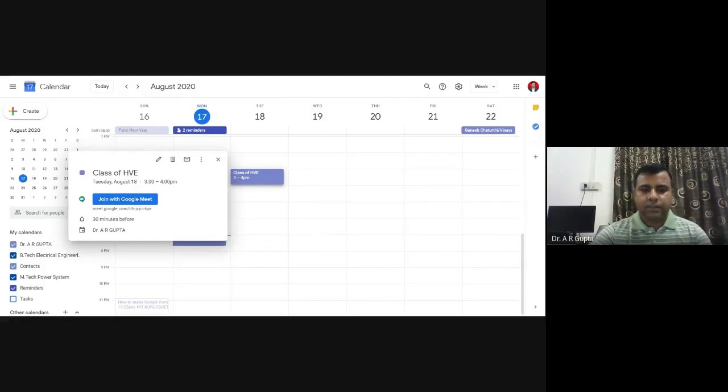For understanding purposes, I am showing you how the Excel sheet will look. The Excel sheet will be saved, and it will look like this.